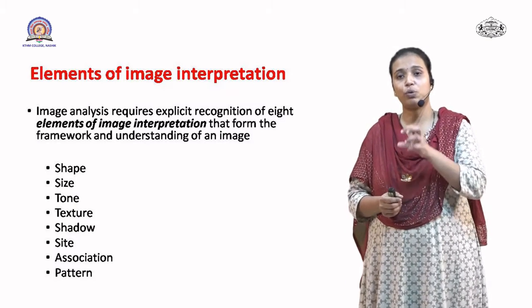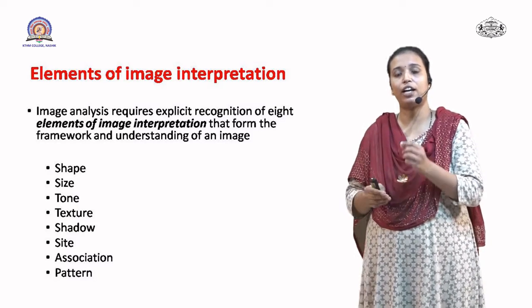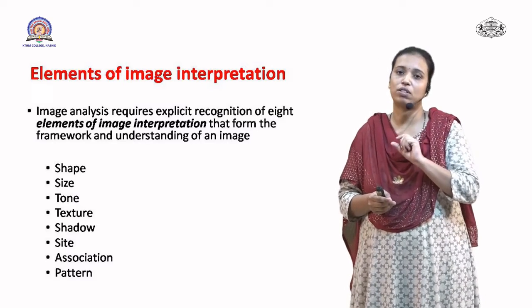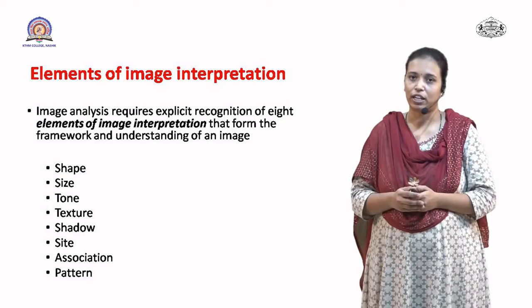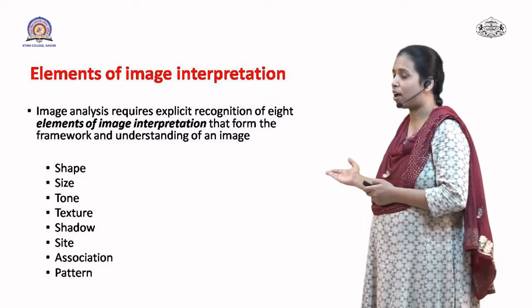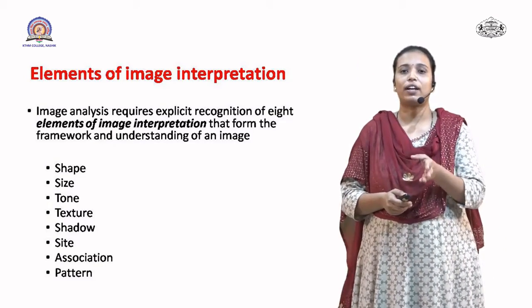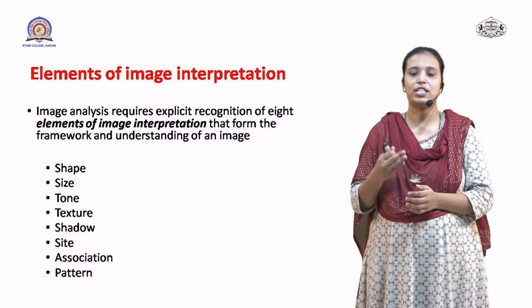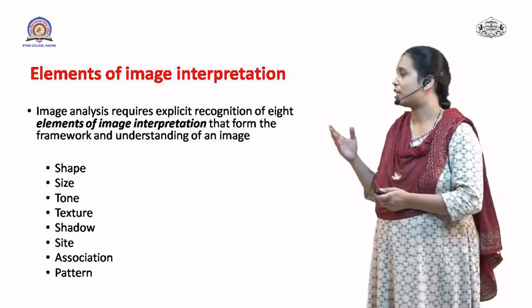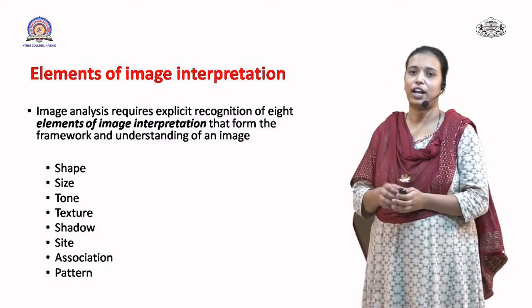But if we have to differentiate that area into more minute characteristics, then we need this interpretation technique. So these elements are used to differentiate the objects: shape, size, tone, texture, shadow, site, association and